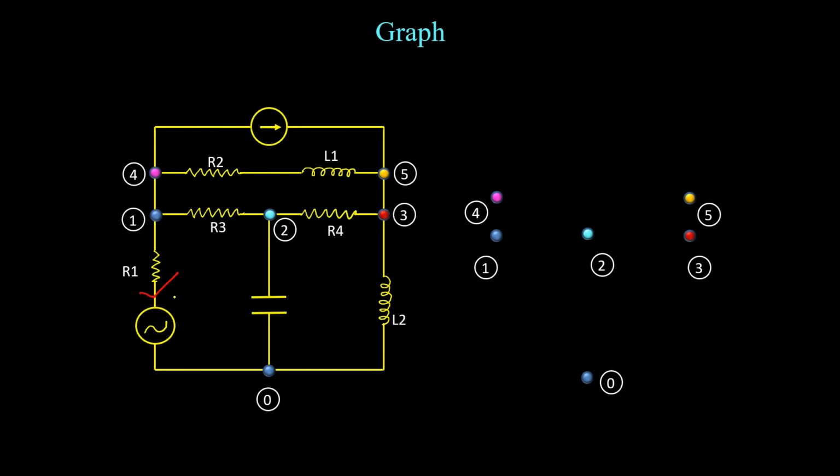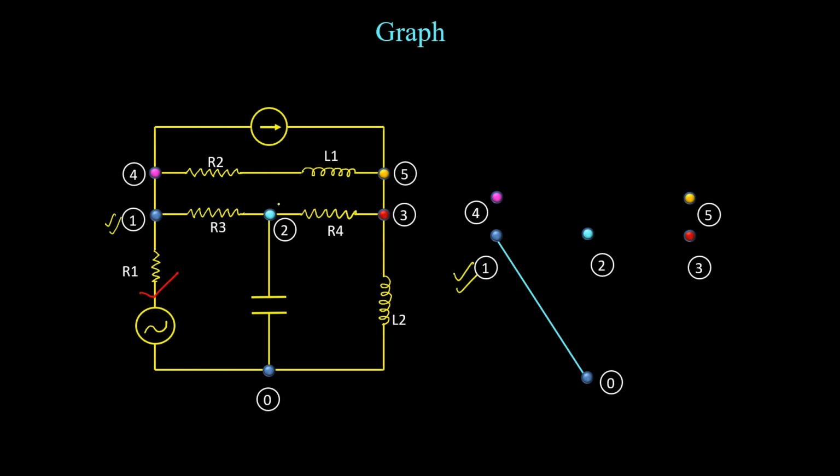You don't bother what is there inside the line, so no need to check. You just check is there any connection between the first node and the zero node. Yes, we have. If there is a connection, you just need to join the first node and the zero node by a line. Like this, I have connected. Now let us complete all the branches with respect to the first node alone. Here I am just looking, with respect to only the first node, how many lines are connected and from which node to which node those lines are connected.